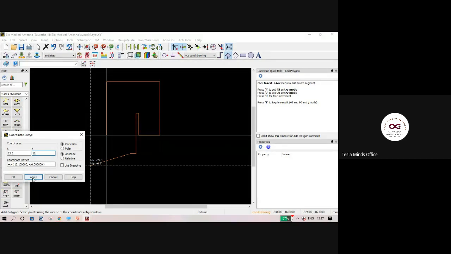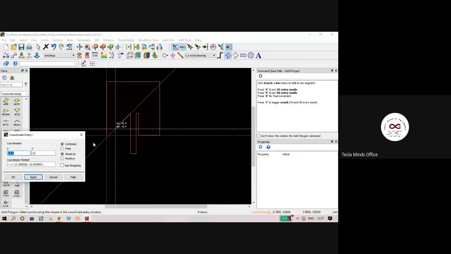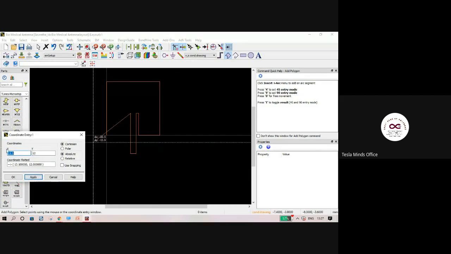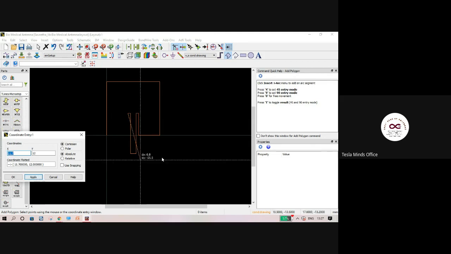Next is 13.1, comma 12. Click on apply, and then the next step is 11.7, comma 12. The next step is 11.7, comma 0, and the last step is 0, comma 0.